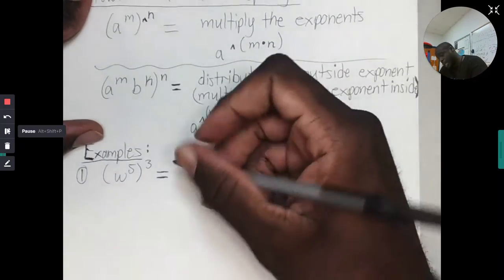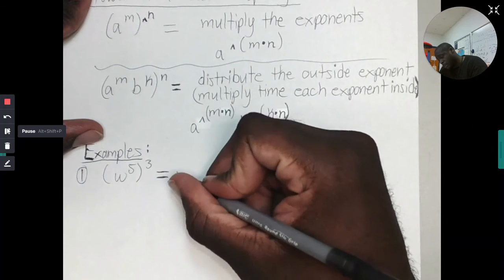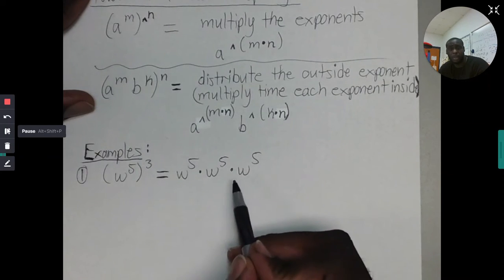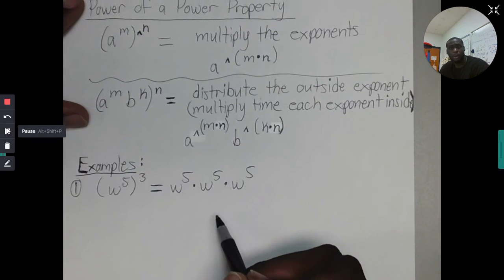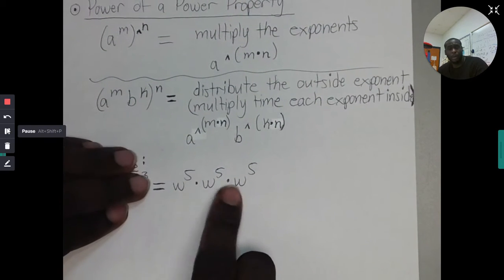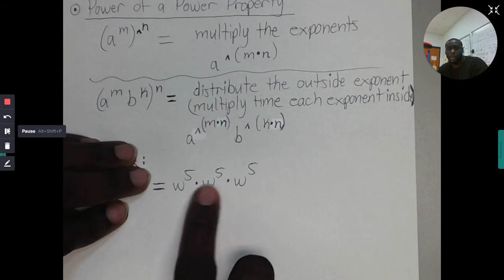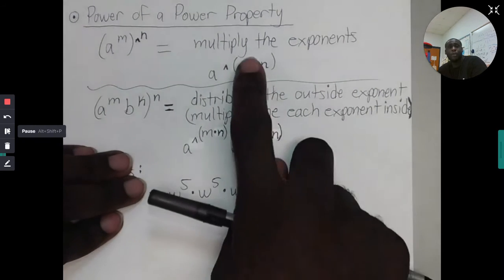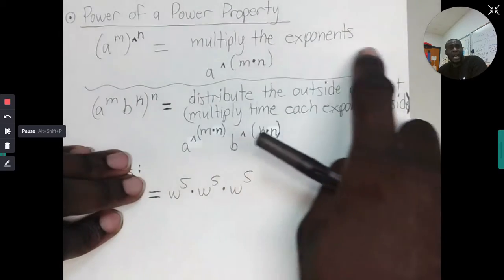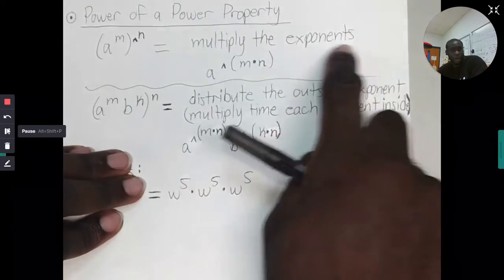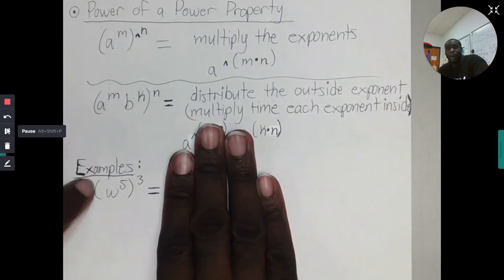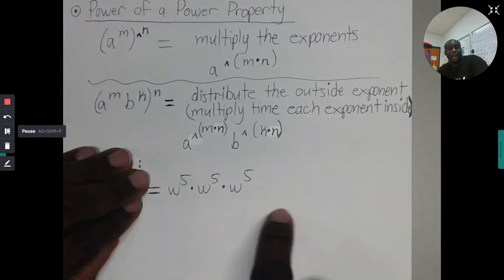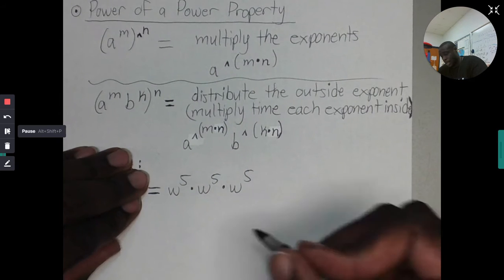To help reinforce what I've told you here, I'm just going to write it out like this. So if you have w to the fifth, w to the fifth, w to the fifth, well, we just talked about that product property with exponents. Even if you did not remember what I've just told you about multiplying these two exponents, if you just write it out like this,